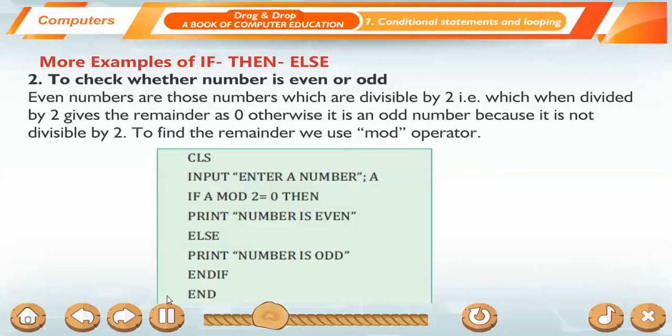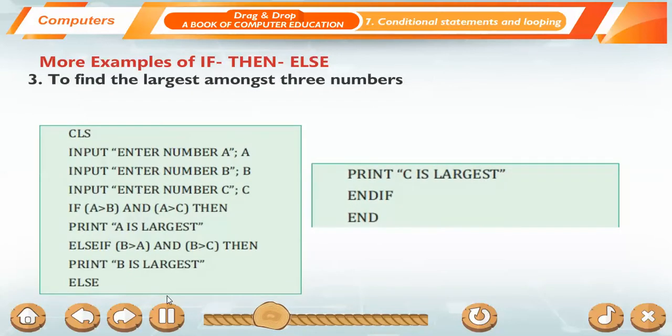If A mod 2 is equal to 0, then print "number is even", else print "number is odd". End if. To find the largest amongst three numbers: CLS. Input "Enter number A", A. Input "Enter number B", B. Input "Enter number C",